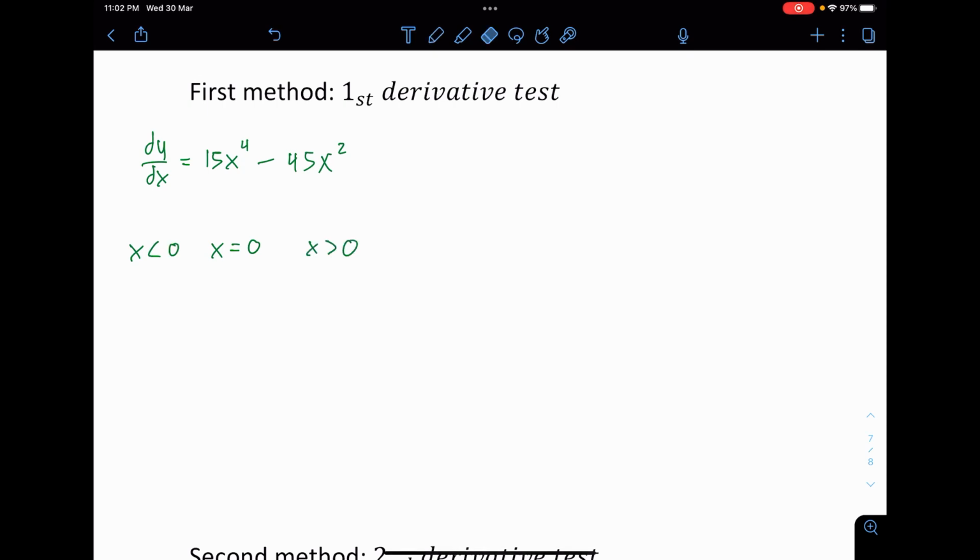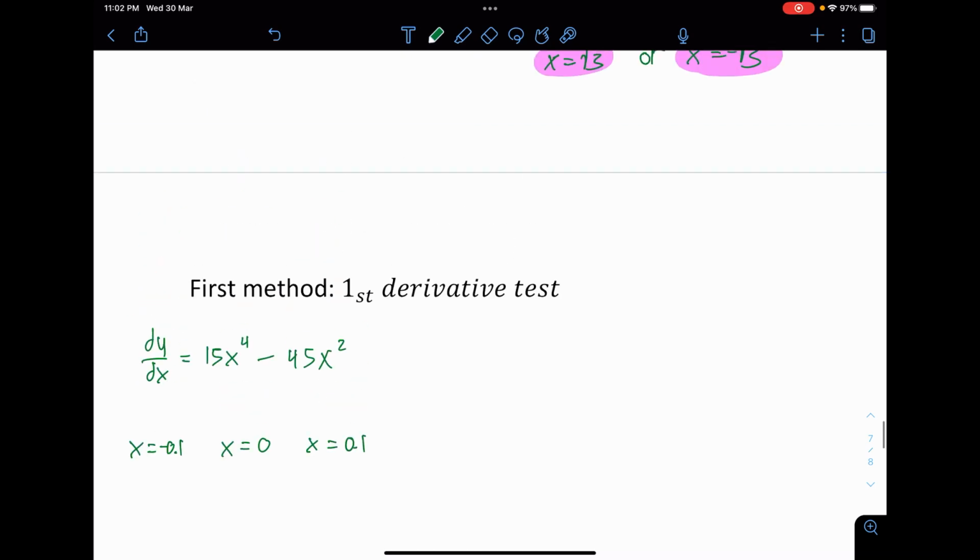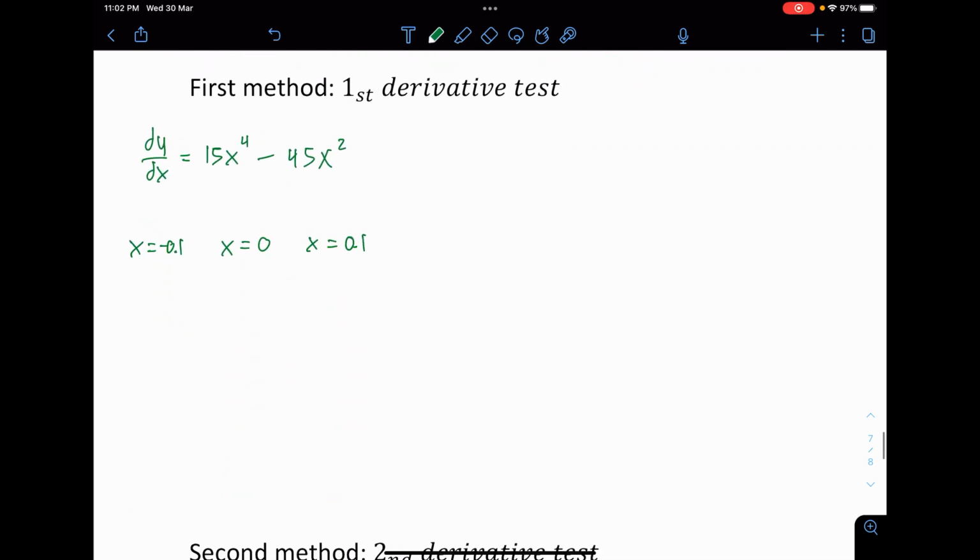Optionally, you can just say that I want to put down x equals 0.1. Feel free to do that. Then you just put here negative 0.1. Also can. But please don't put too far away from 0 itself. Maybe the furthest you can take is 1 unit. The best is just take 1 decimal point. There's a reason for that, but maybe I'll discuss later. Anyway, what I'm going to check with these three numbers is the behavior of the dy dx on each occasion.